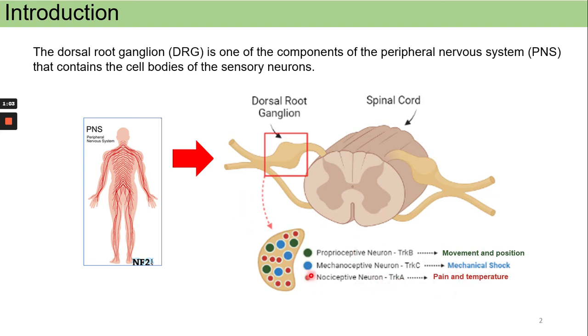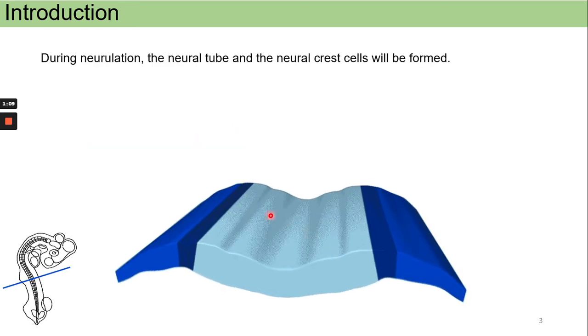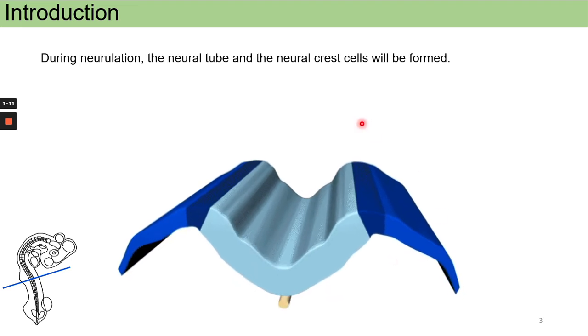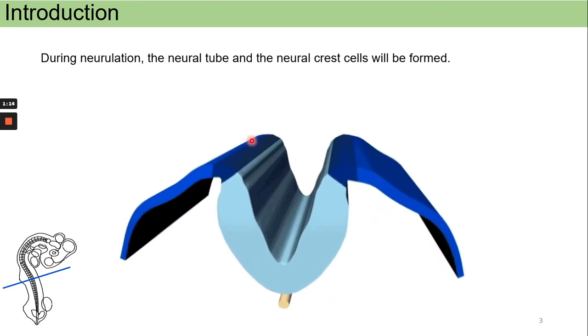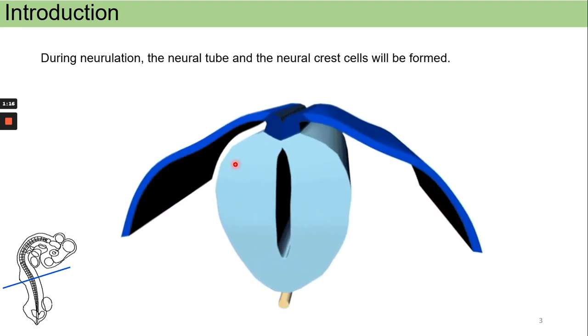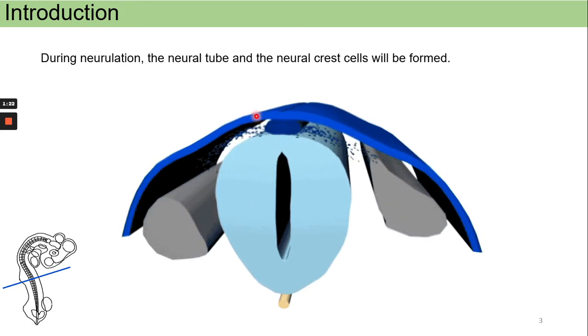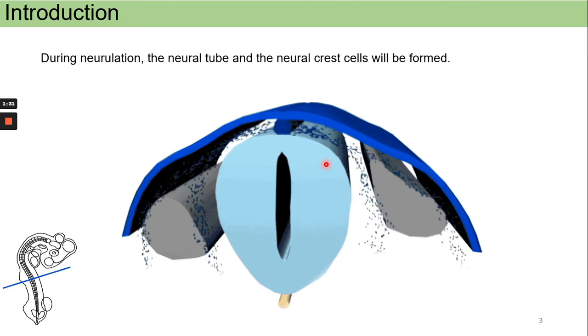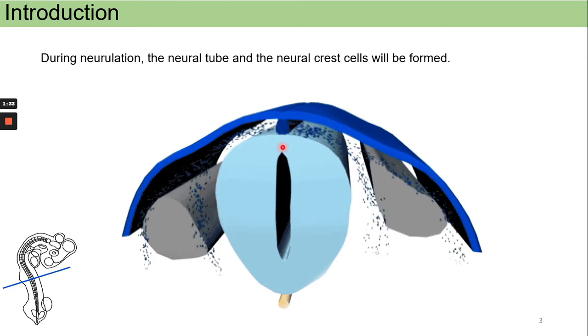As the focus of my work is to analyze the development of the dorsal root ganglion, the dorsal root ganglion is formed by the neural crest cells. So, during neurulation, the neural tube and the neural crest cells will be formed. Here we can see the neural tube closed, and here those cells that are migrating are the neural crest cells. So the neural crest cells will give rise to different structures of the embryo body, and one of those structures are